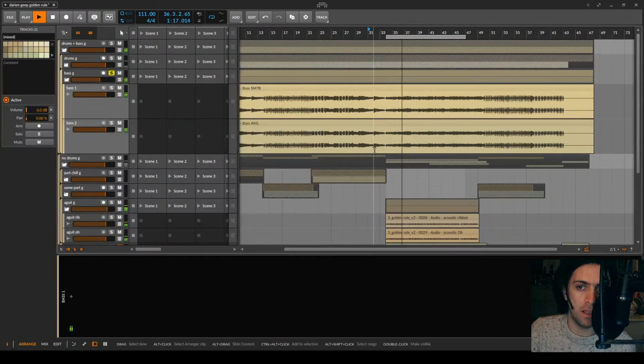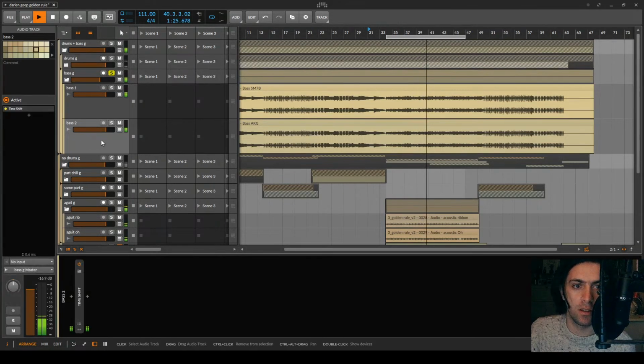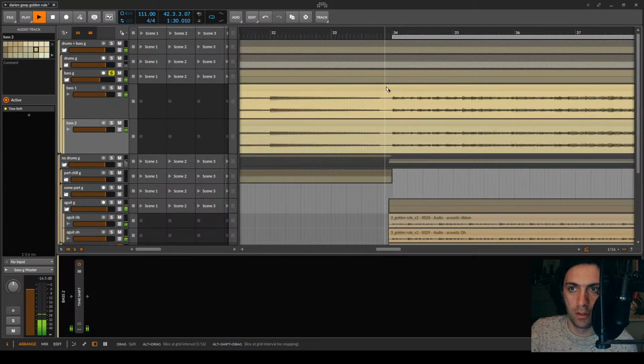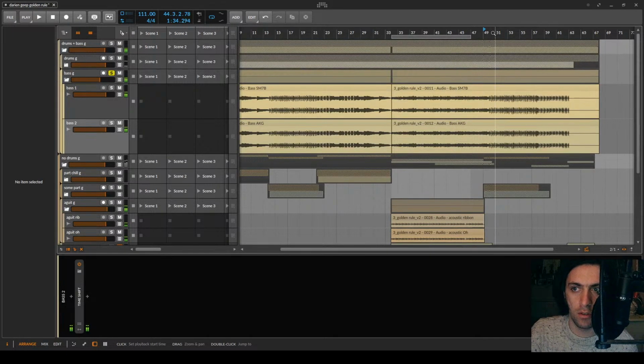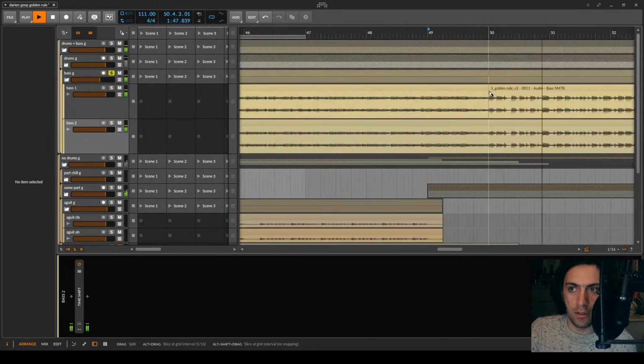Is the bass just playing so high that it doesn't feel like a low end, or is it that they recorded something new here and now the phase values don't fit anymore? Does it go back to the old sound at some point? Yeah, it does.